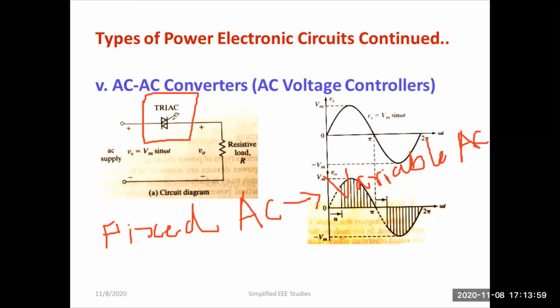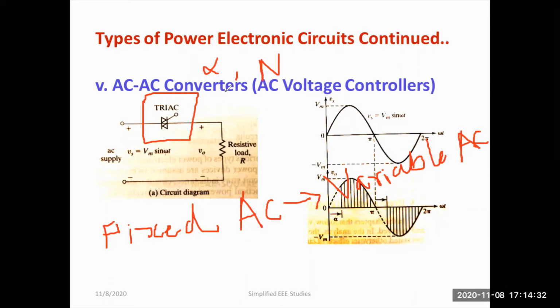So by using the triac, by changing the firing angle, you can adjust the current flow, so that the load will be controlled. You can satisfy the load requirement. One example is controlling the fan in your home. When you check different modes, whenever you change the mode, you are changing the firing angle. Whenever the firing angle changes, the speed of the motor also changes. That's why the fan speed is regulated. So by changing the firing angle, the speed can be controlled.